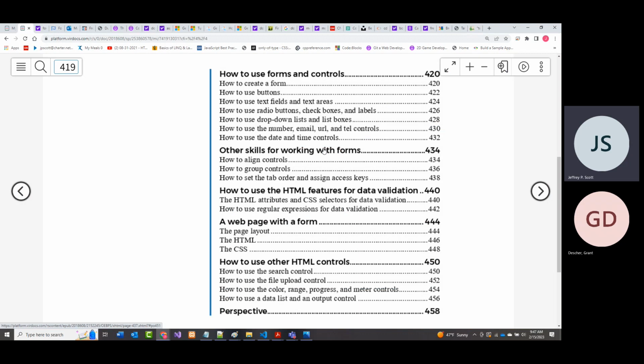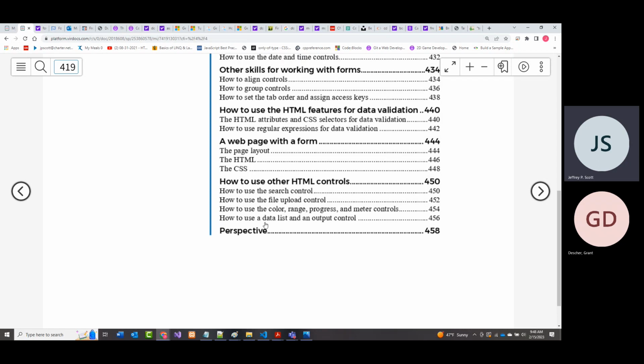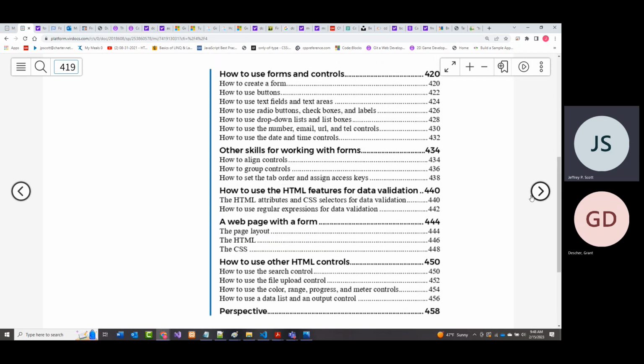All right. So we're going to look at the major things you'd put in here, and I'm going to add some more onto our form. Then we'll talk about aligning and grouping. All right. And really, most of the stuff in here is the HTML stuff. There is some automatic validation that you can do. We'll talk about that. And we'll talk about some patterns. And then they'll show some of the even newer stuff that's in here. The search control, the file upload control, etc. All right. Not a real long chapter, not a particularly short chapter either. About 40